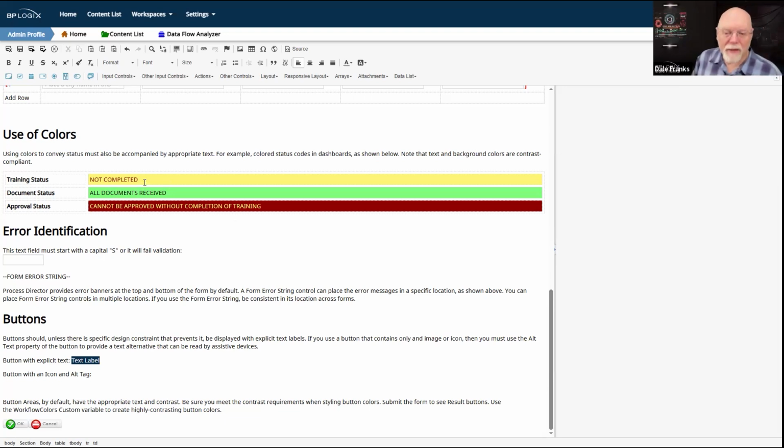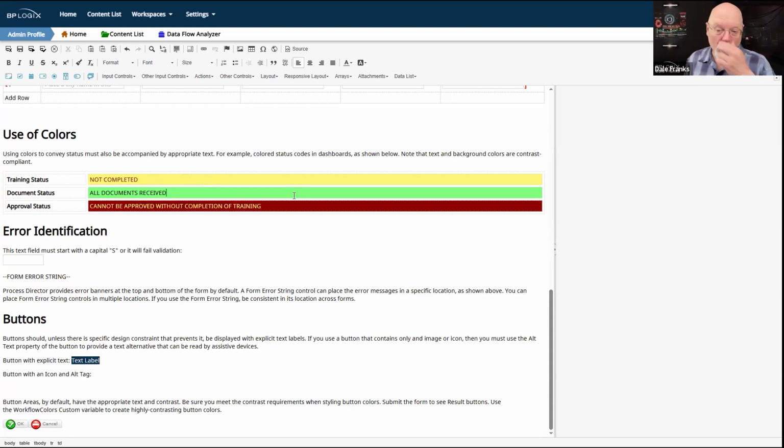So in this particular case, okay, here's my training status. It is not complete. I want to see that as yellow. That's fine. You can see it as yellow, but you're also going to need to see the text not completed. Same thing with green, same thing with red.